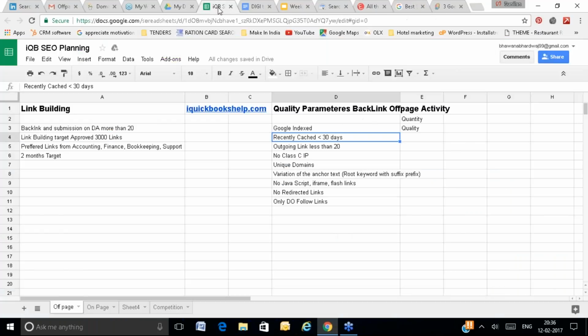So always try to get backlinks from pages the Google crawler has crawled in less than 30 days. Also, outgoing links should not be more than 20.